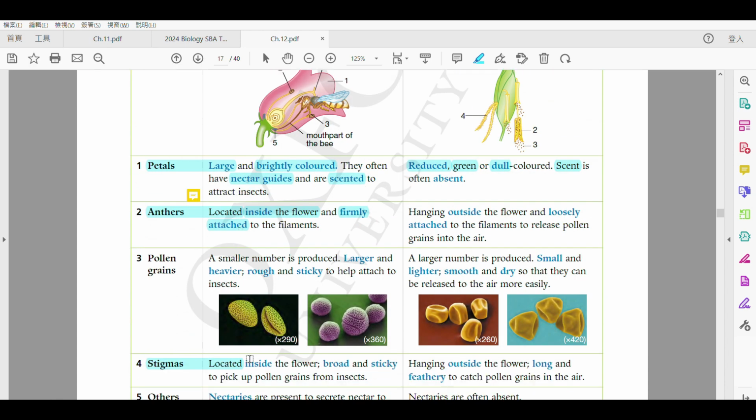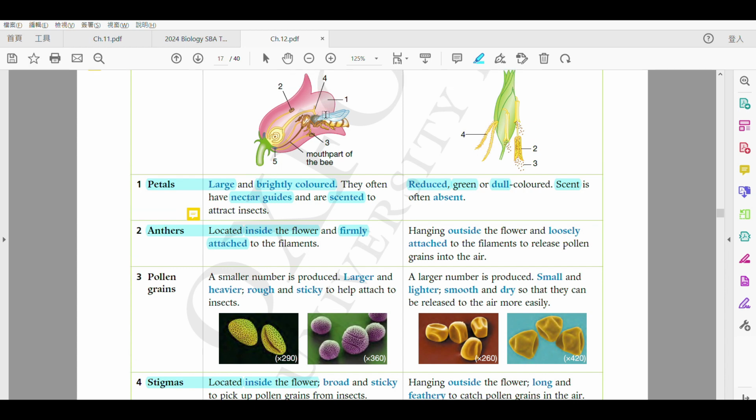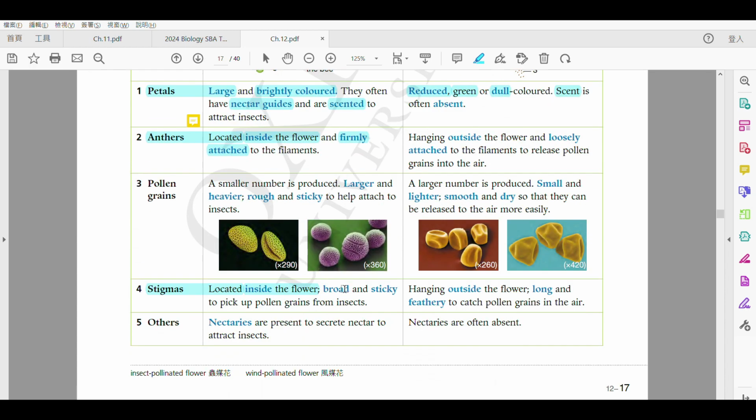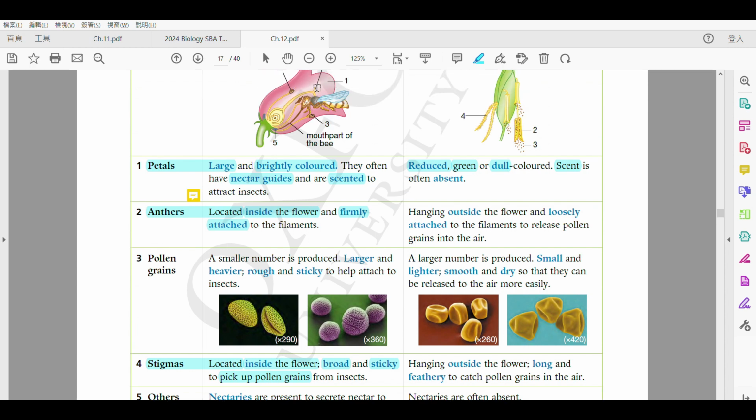好啦，再嚟啦喎，但係啦 for the stigma, okay, so very similar. It's also located inside the flower. 點解要 located inside the flower 啊？原因就係 because the insect has already taken some pollen grain, right? So if it is inside the flower, so it can pick up, 佢能夠 pick up 到啦，呢啲嘅 pollen grains more easily 啦，得唔得？Okay, at the same time 呢個 stigma 有啲特別㗎啦，佢通常都係點啊？Usually 佢哋係 broad，係比較闊少少啦，and they are also sticky，得唔得？So as you can see, this area, the top area 最頂嘅位咧，佢通常都係 broader，比較闊少少啦，and they usually sticky，係黐粒粒嘅，to pick up the pollen grains。